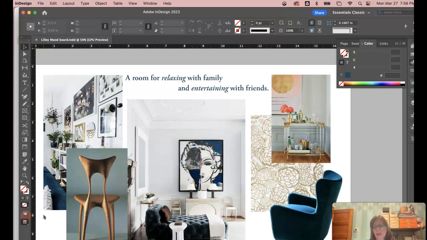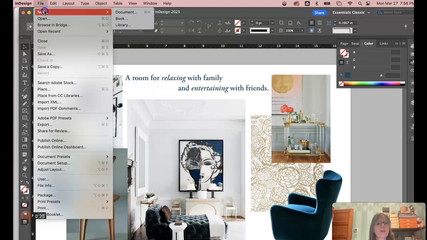So we are going to learn how to create a layout in InDesign, and I'm going to take you through it step by step. InDesign and Illustrator are very similar in some ways, but we're going to talk not just today but other days about how they're different. So I have InDesign open. I'm going to go and say File, New,